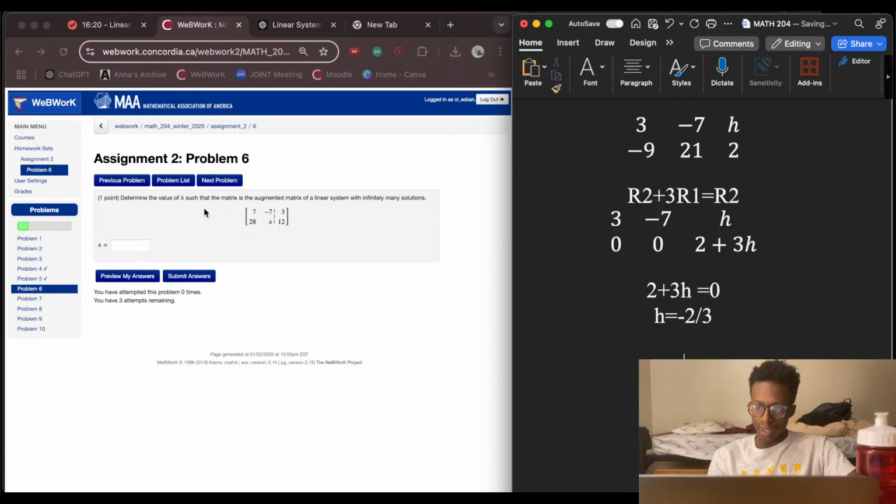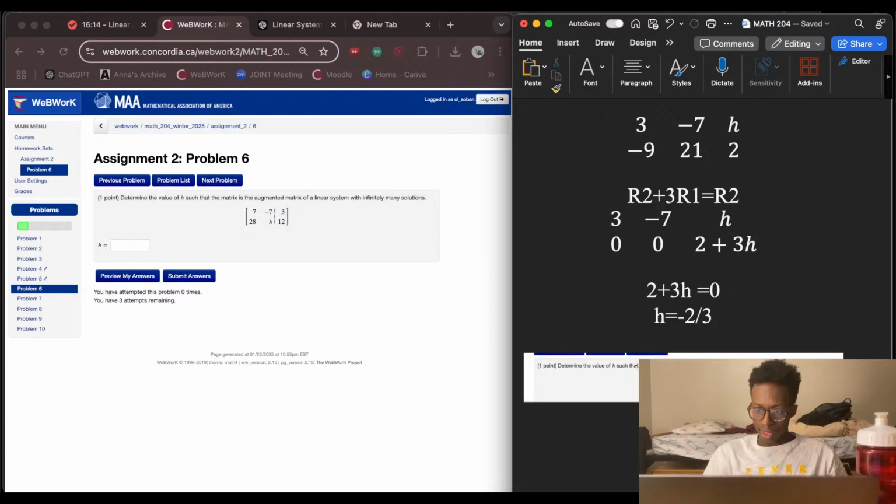So where do we get this? We're trying to make it 0. So bring this one in. Determine the augmented thing. So then it'll be